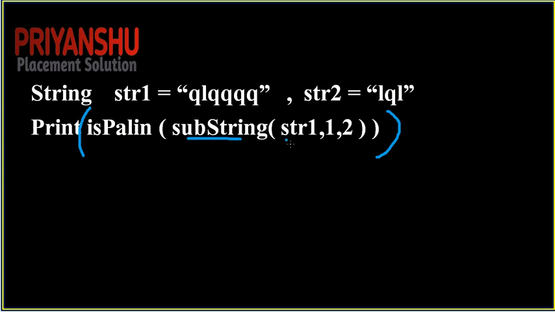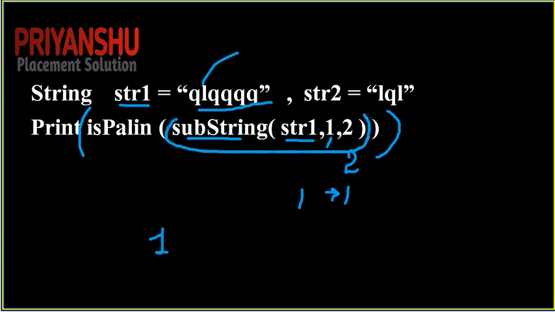So for example, here is the string 1, so str1 is nothing but q l 4 times q, right? Then the first index is 1, so the value is 1, and friends, here is 2, so here we take the less than value. We will take one less value, right? So here is 2, so we take only 1, till the first index. So 1 to the first index, friends, we get the L by this statement. L is written by this statement.